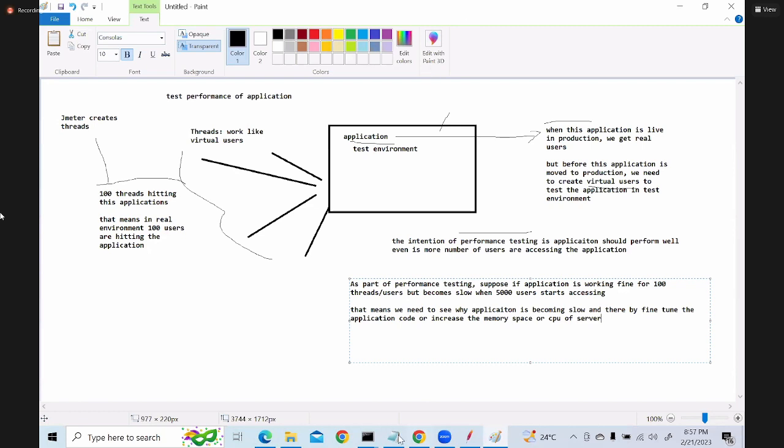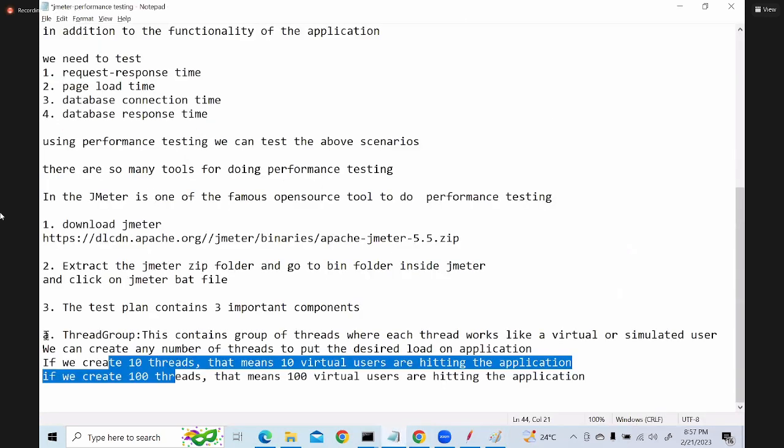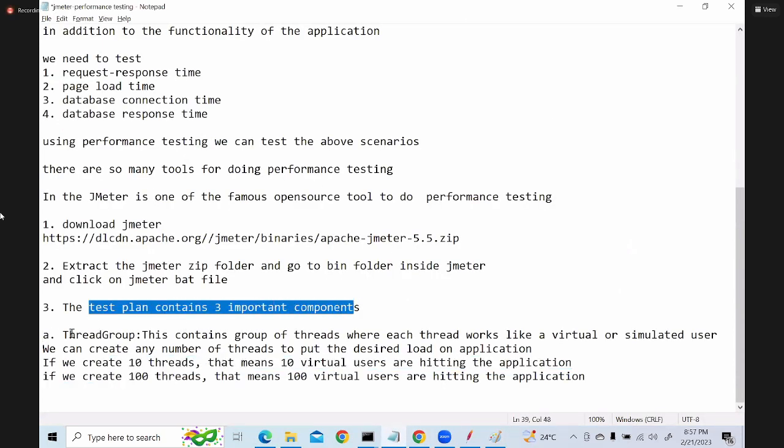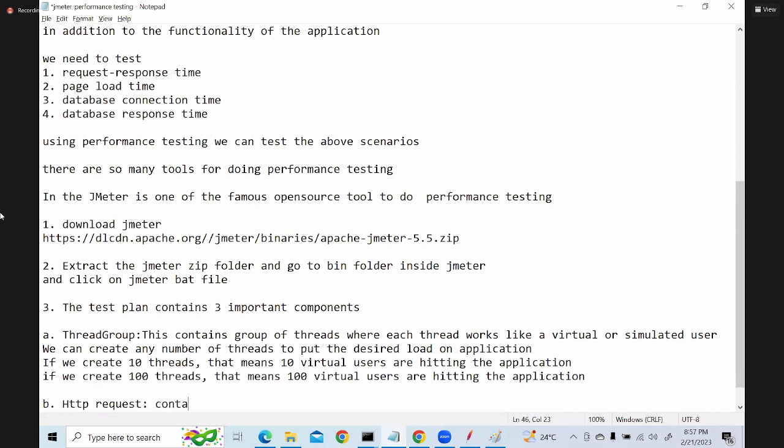Right. Yeah. So that's what a thread group is. The test plan contains three important components. One is thread group. Second one, HTTP request. So this contains the HTTP request configuration